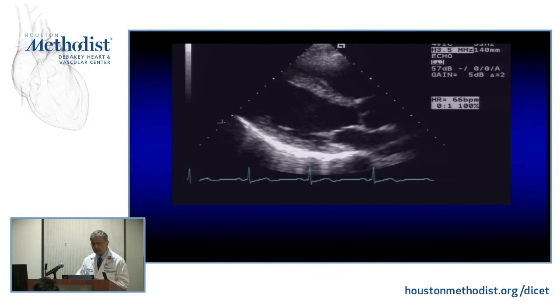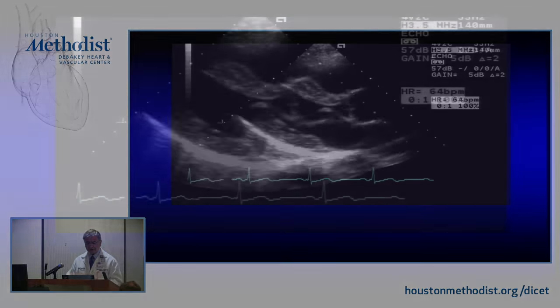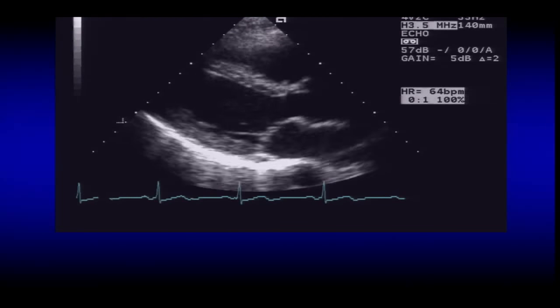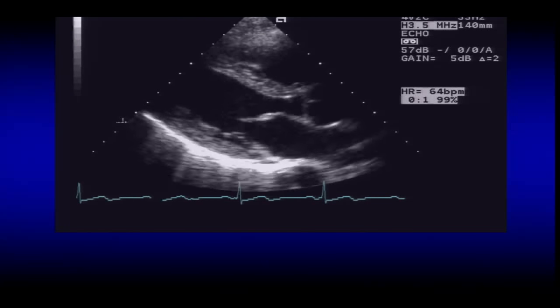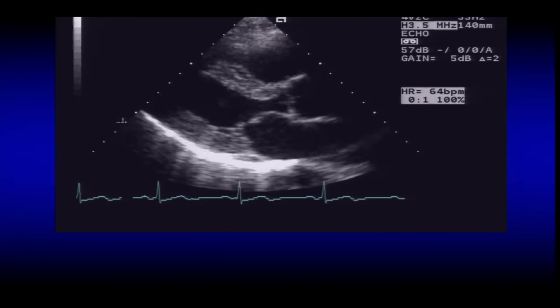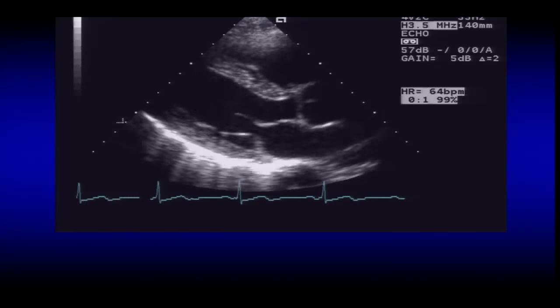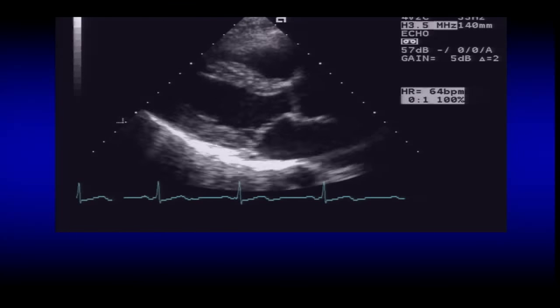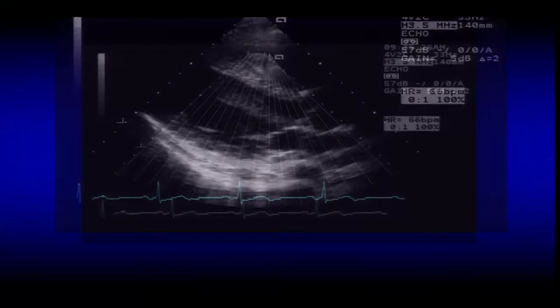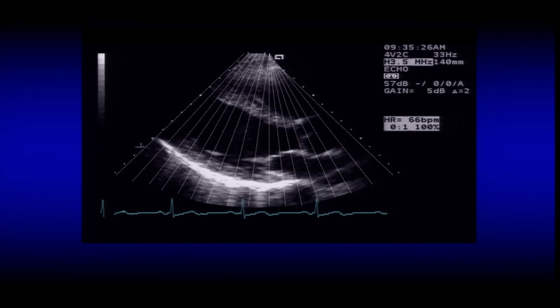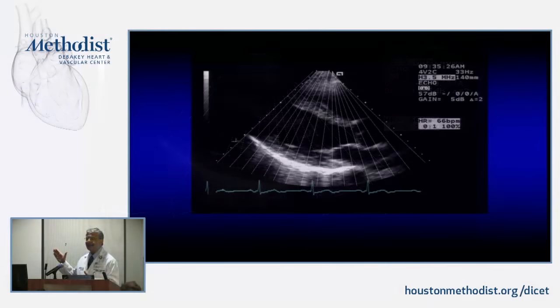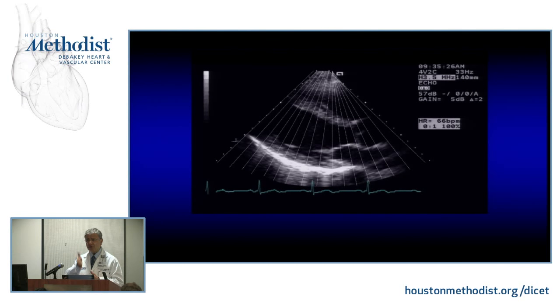Okay? So enough about M mode. How about 2D, right? You have the beautiful structure here, a 2D echocardiogram. How is that done? Well, if you understand the principle of an M mode, if you understand the principle of reflection, so this is what the intensity of the reflection of the wave is, 2D is done basically by scanning each one of these lines of ultrasound in the field